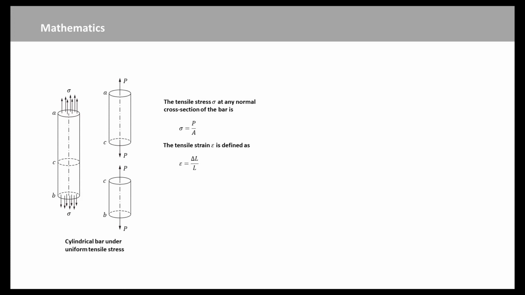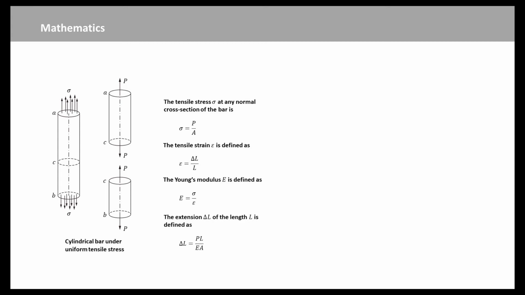At a given load, the ratio of the extension of any length to that length is constant. This ratio is known as the tensile strain. Suppose the initial unstrained length of the bar is L, and delta L is the extension due to strain. The tensile strain epsilon is delta L over L. If the material is stressed in the linear elastic range, then the material obeys Hooke's law. The ratio of stress to strain is known as Young's modulus and is denoted by E. The value of E defines the constant in the linear relation between stress and strain in the elastic range of the material. We have E equal to sigma over epsilon.